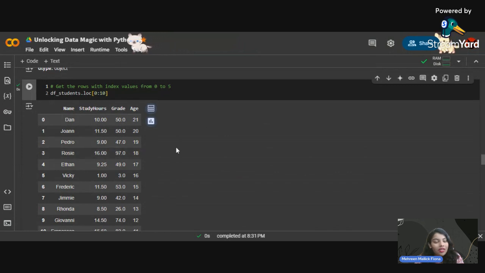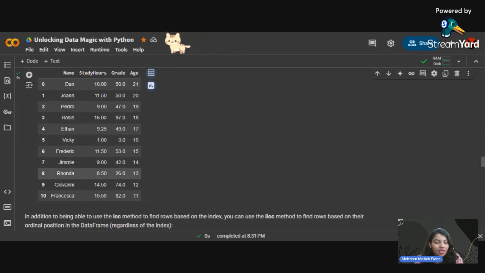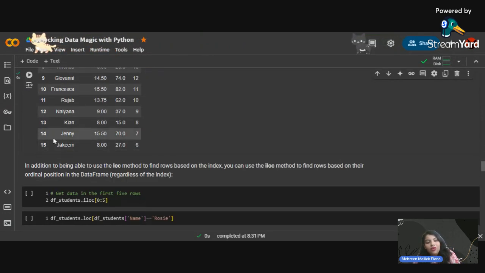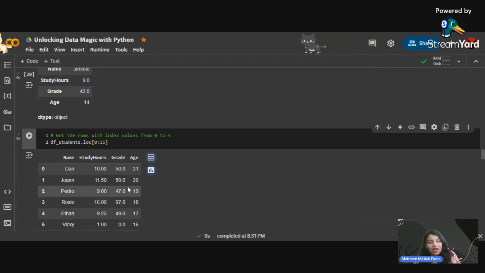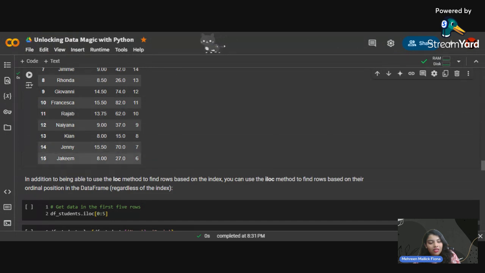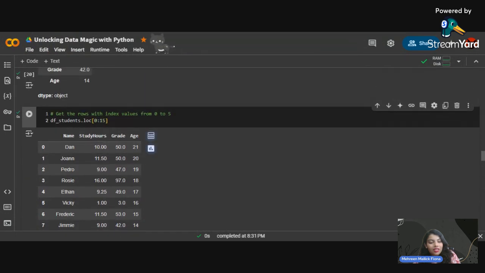Here it is not n minus 1 in case of the range. If you are dealing with the for loop in Python, the ending range is kind of n minus 1, but here we can see that it is not. It is also included, it is not subtracting anything, it is counting from 0 to 10. So if you write 15, it would show the 15th value, not the 14th value. I hope you understood what I'm trying to refer. So let's move on to another thing. As I told you, here we can see the first 16 values, not 15.